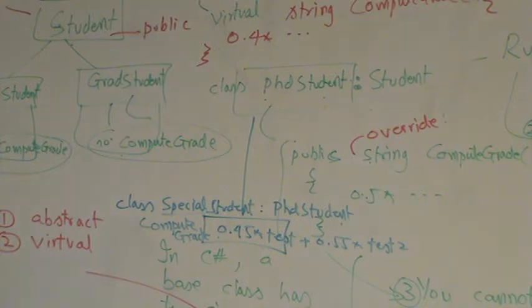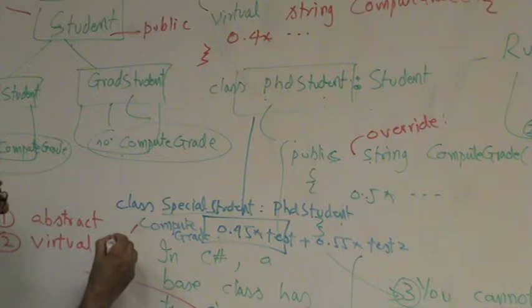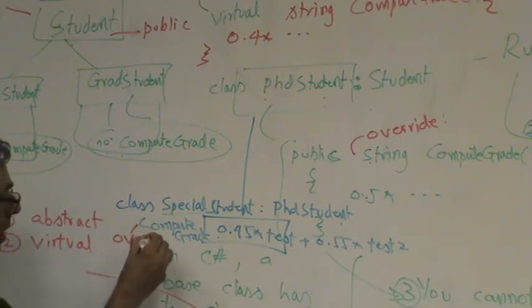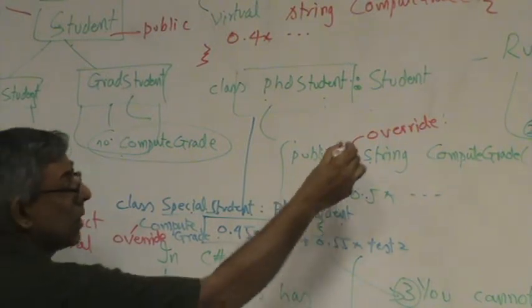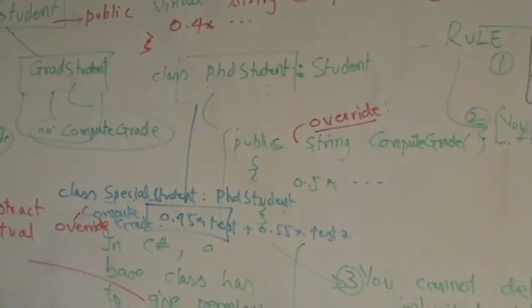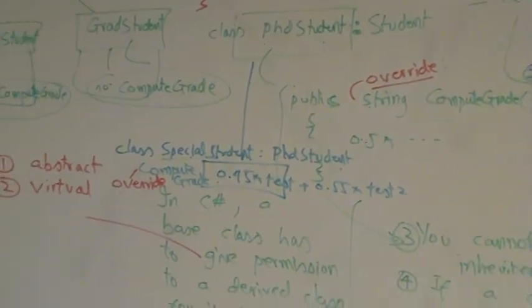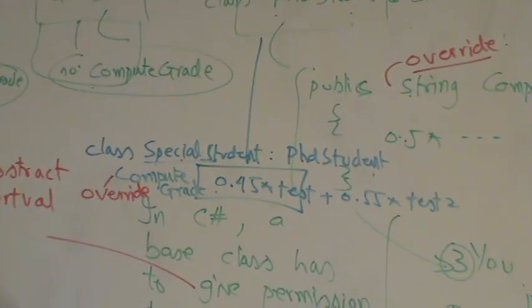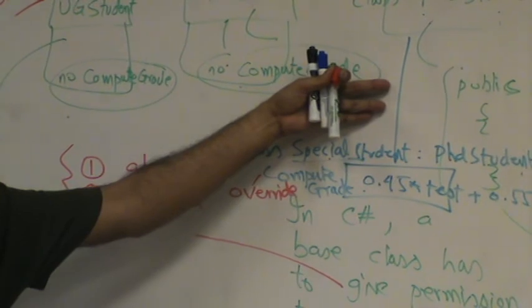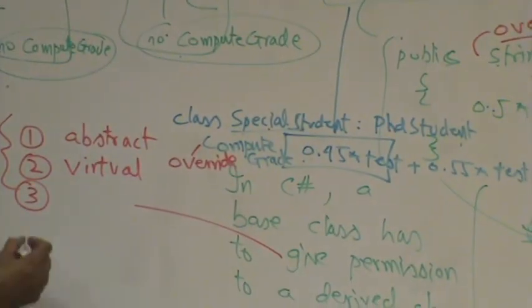Okay, so the question is, as we declare the compute grade method over here, what keyword will we use over here? Override. Still override, so we will still use override over here. Okay, but we are inheriting from the PhD student, and how is it already marked? Override. So from an override, you can override as many times as you feel like it. So the third way that a class will give permission to another class will be